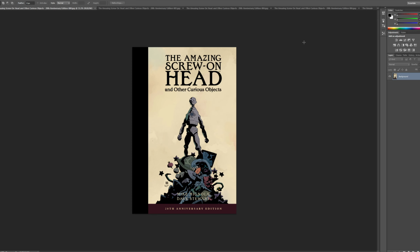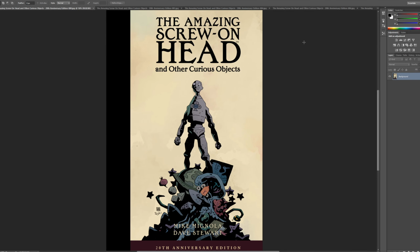And now they've actually collected a 20th anniversary edition. It's got a lot of extra bonuses in the book. I didn't pull those up. We're just going to look at the original story. The reason being is the original story is actually quite good, and it was exciting, fun to read. There's some really, really great...